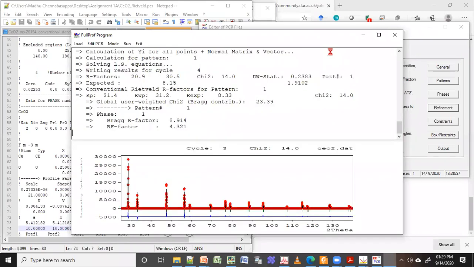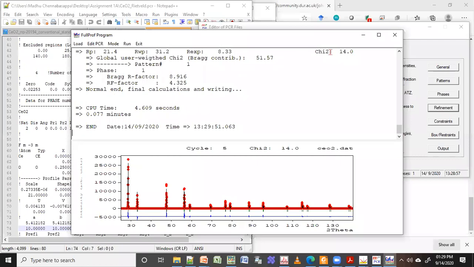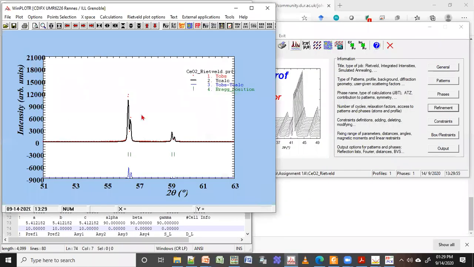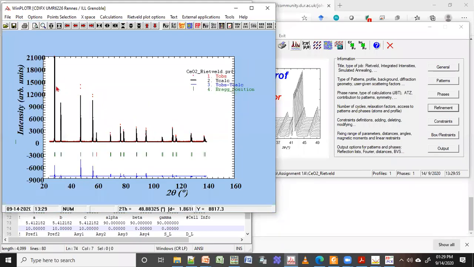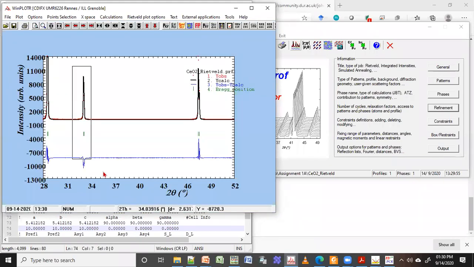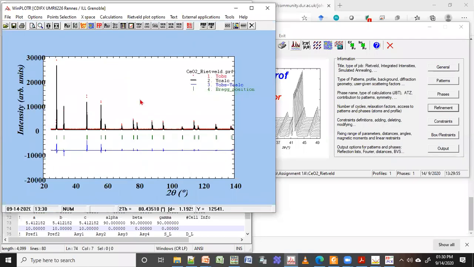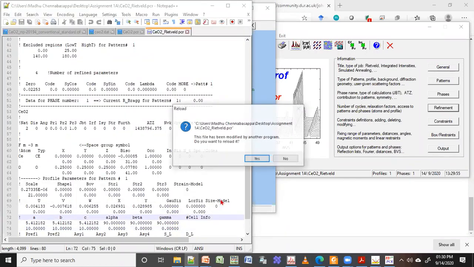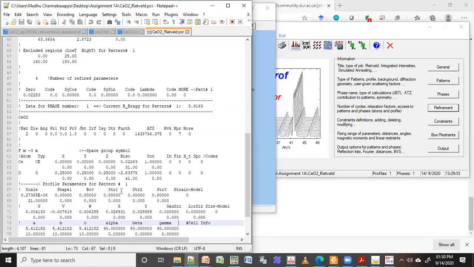Again, it depends on the quality of data. Right now I don't know why it is not decreasing much, but if you see the fitting, it is almost okay. For the time being, as this is a beginning thing, I will not load it with too many things. I will stop it here. This is how you do the refinement, what we call Rietveld refinement. In principle this should not be -2, but to start with this is fine.